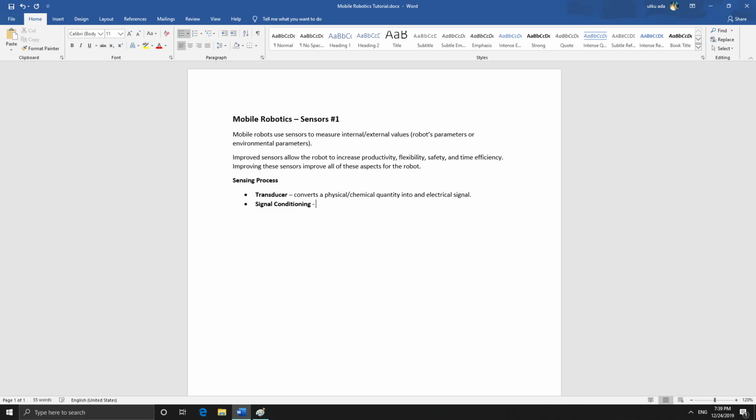So let's say it allows measurements to have a linear relationship so it's possible to gauge the output signal